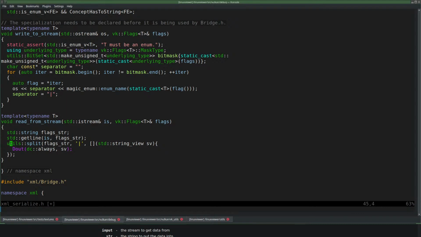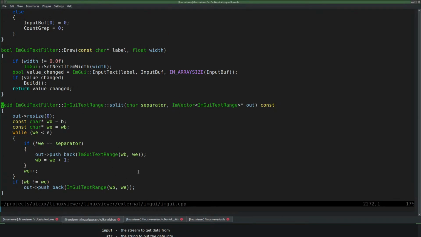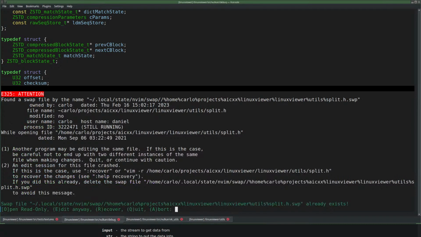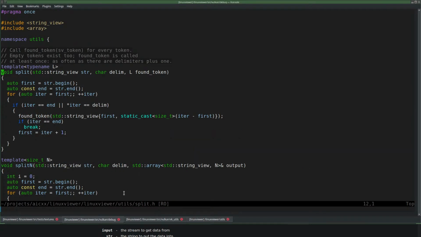Okay, so I still need util split. Oops, that's defined in util split.h.